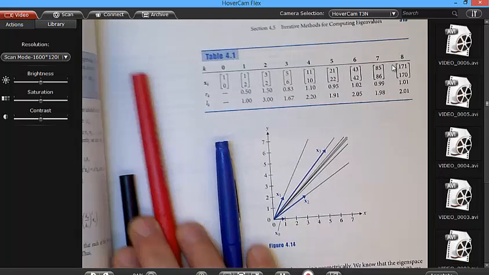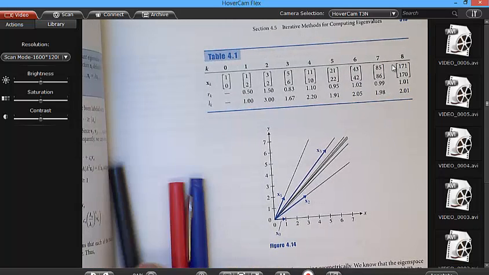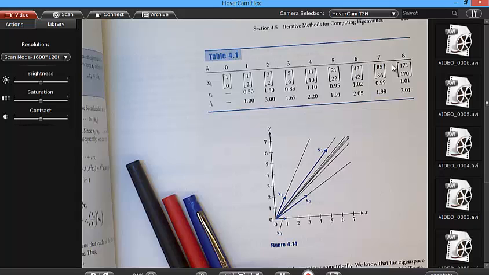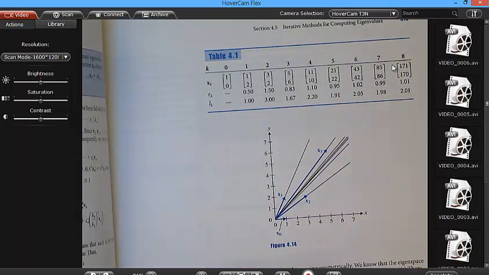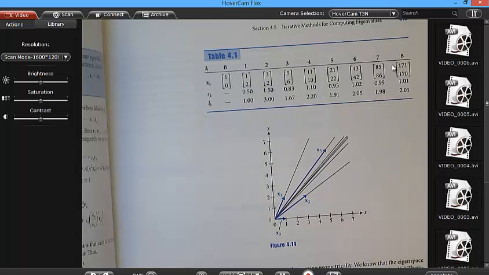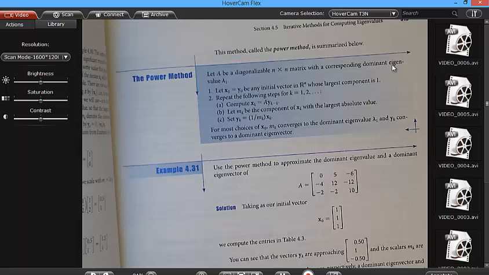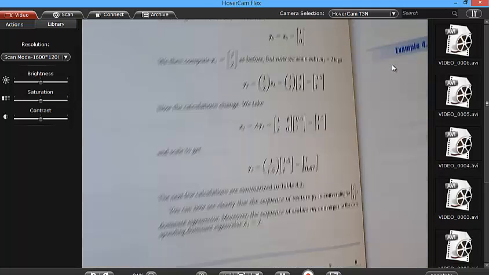I guess what I'm saying is we're going to do something that's very typical. We're going to scale the vectors. You notice how MATLAB, when it computes eigenvectors, always makes them unit eigenvectors? Maybe now you understand why. Because we don't want that huge chance of an error happening. And so when you look on the next page,